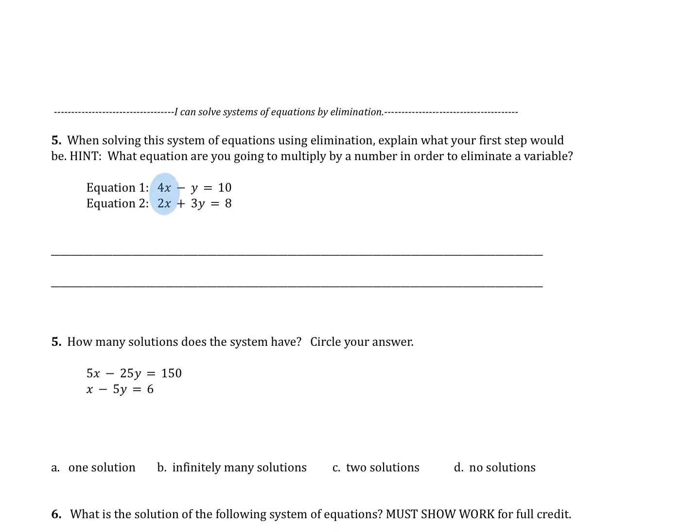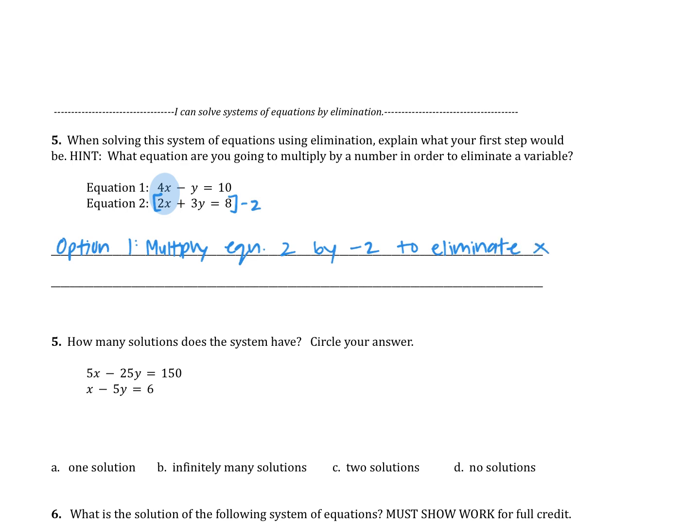If I'm looking at my x's, in order for 4x and 2x to become opposite coefficients, I would need to multiply this bottom equation by -2. So that -2 times 2 gives me that -4x in order for my coefficients to cancel. So option number 1 would be to multiply equation 2 by -2 to eliminate